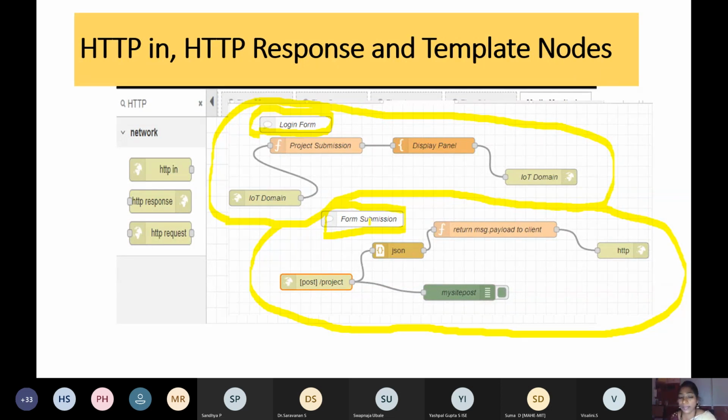Then, as I stated, we are going to have HTTP in, function node, template node, and HTTP response node. This is going to be the login form.